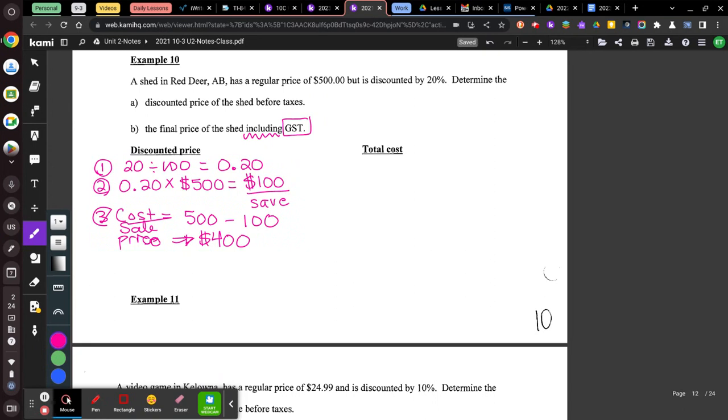Now we need tax on that. So the fourth step is to put tax on. Our tax is 5%. We're going to take 1.05. This is our GST decimal. Okay, that's how we calculate GST, times $400. And that's going to tell us how much our total cost is. And that's going to bring our total cost to